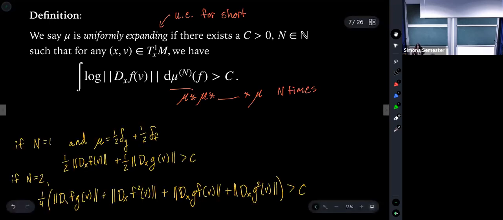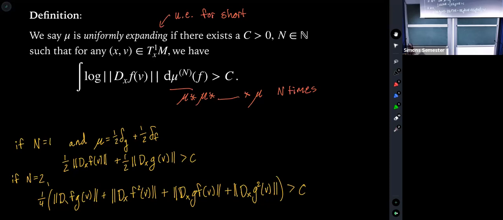An example of this: if I just take a random walk that is a point mass on two diffeomorphisms, say G and F, and it gives each of them half weight, to say something is uniformly expanding at step 1 is to say just this first quantity exactly. It really is just like two pieces of a computation. And to say it at step 2 is just slightly more complicated. Obviously, this gets worse and worse as you go on, but the basic idea is quite concrete. After n steps, you have grown.